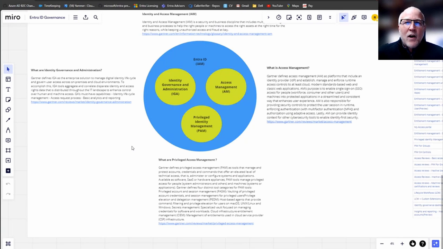What's changed now is Entra ID has introduced a feature called PIM for groups. So instead of just the PIM for the directory roles like global administrator, or PIM for the RBAC roles that are part of the Azure resource, the infrastructure side of Azure, all those things are still there. We can do just in time, just enough elevation, time limited elevation for all of the cloud roles. But we're now able to configure a group